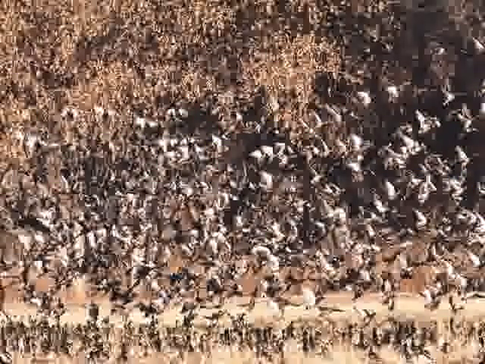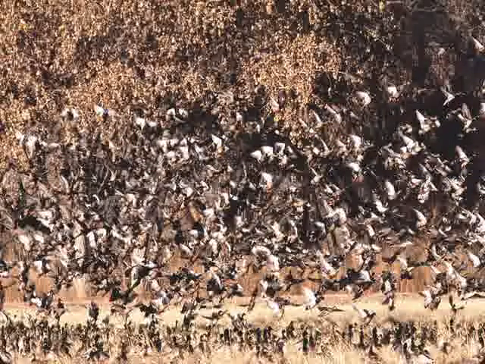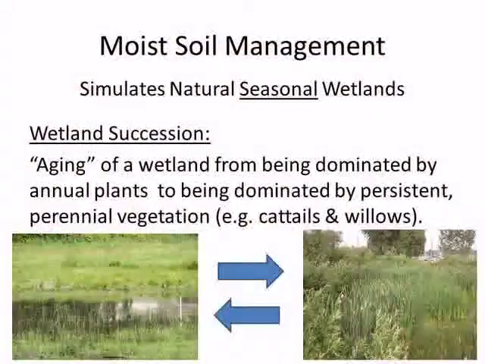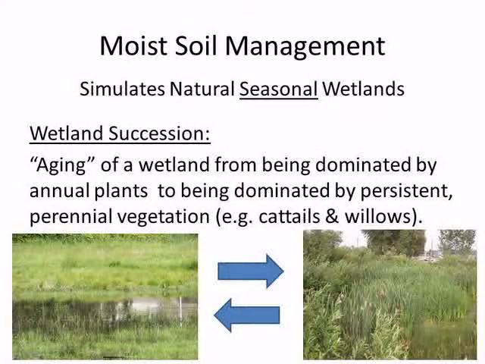And this is an example of what we want to see out there. Seasonal wetland can get really high use. So moisture management, as I said, simulates natural seasonal wetlands, and I introduced the idea of wetland succession. Wetland succession is the aging of a wetland from being dominated by primarily annual plants, which reproduce and sprout each year and don't live from one year to the next,